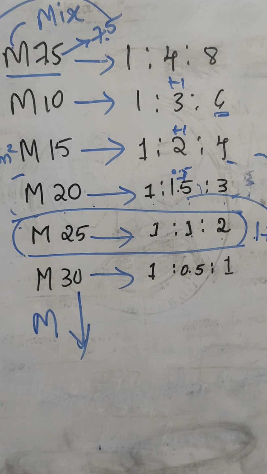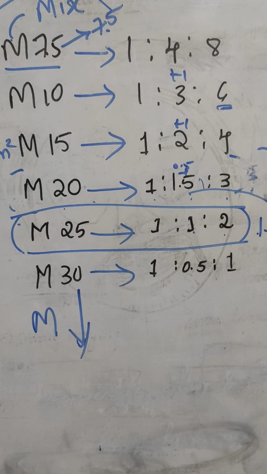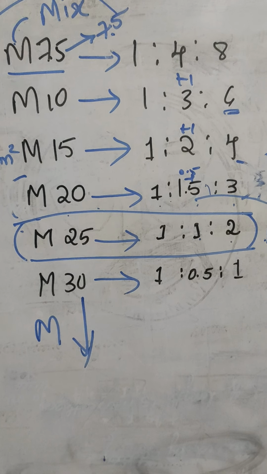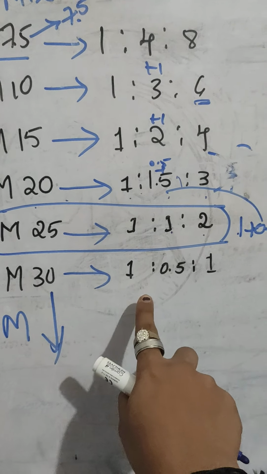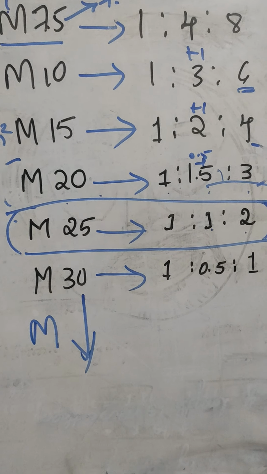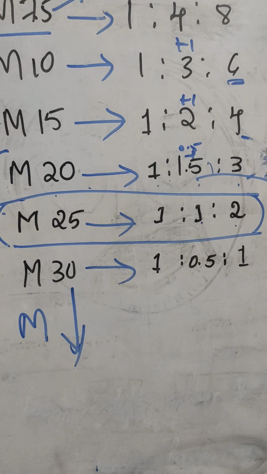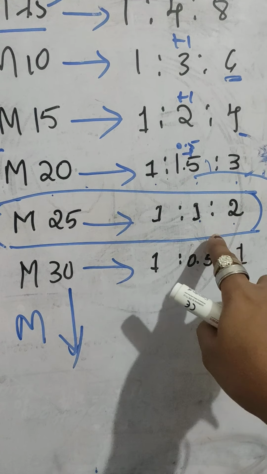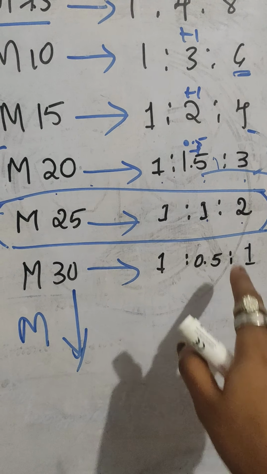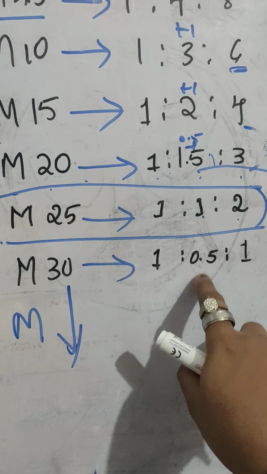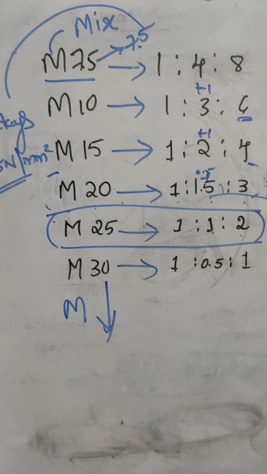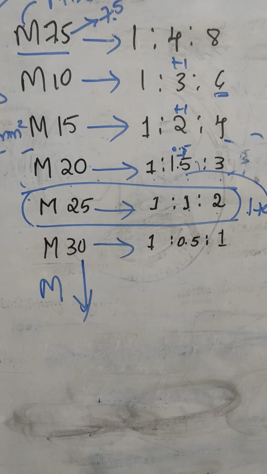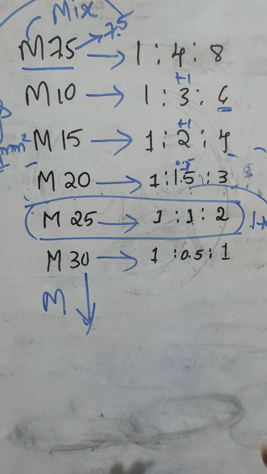Okay, these are the specified design ratios. They have already been tested and given as a reference. Okay, and for M30, since our reference is M25, that is 1:1:2, you can write M30 as follows: here you have added 0.5, here you need to deduct 0.5. So 1 minus 0.5, you will get 0.5, its double is 1. So see guys, this is a very simple trick to remember all these basic mix ratios.